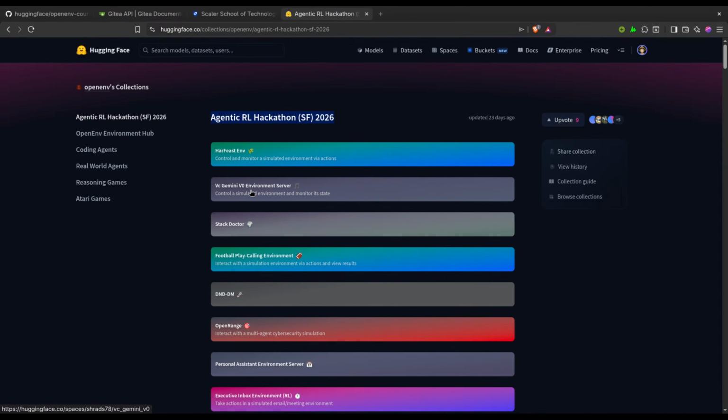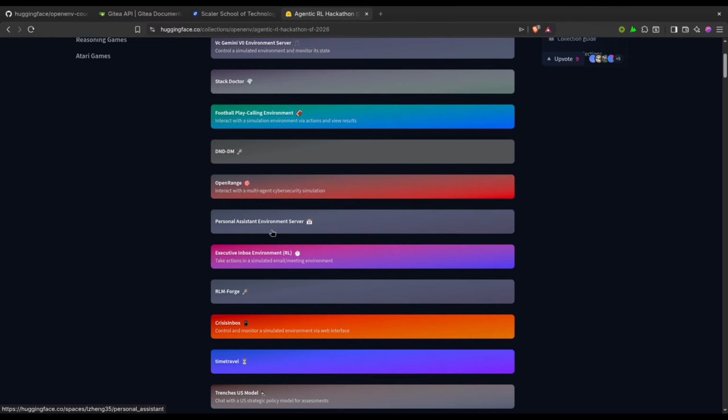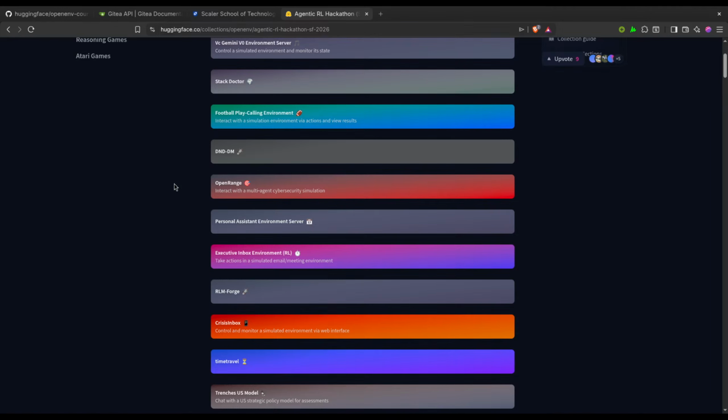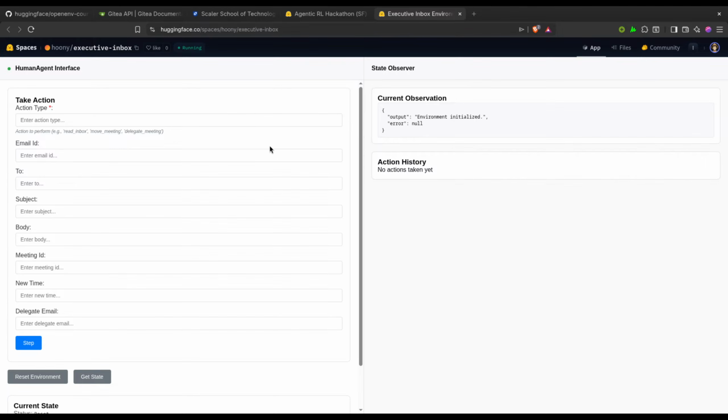Gemini environment service, start stack, Docker, OpenEnv personal assistant environment service. Okay, what is this? It is showing the runtime execution, an executive inbox environment taking action in email and meeting. Okay, this is the same as email, I think.